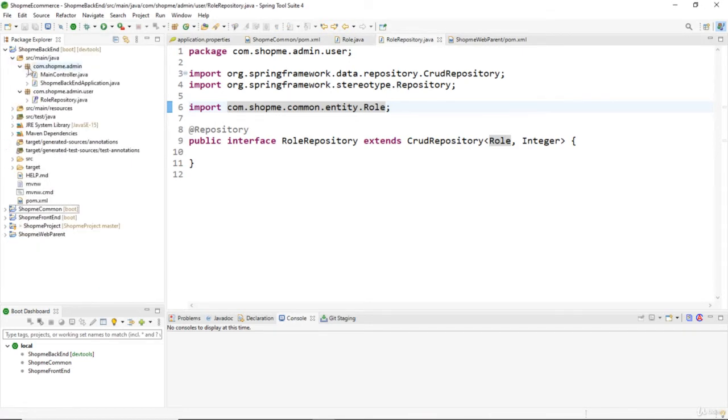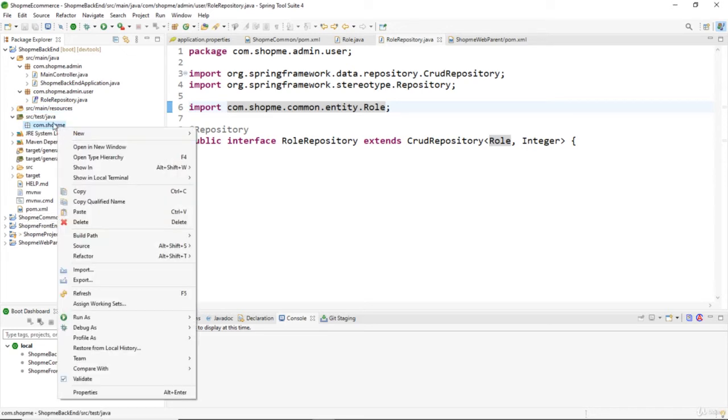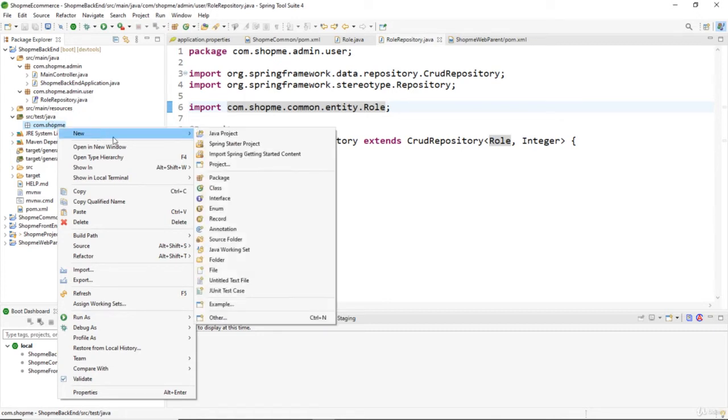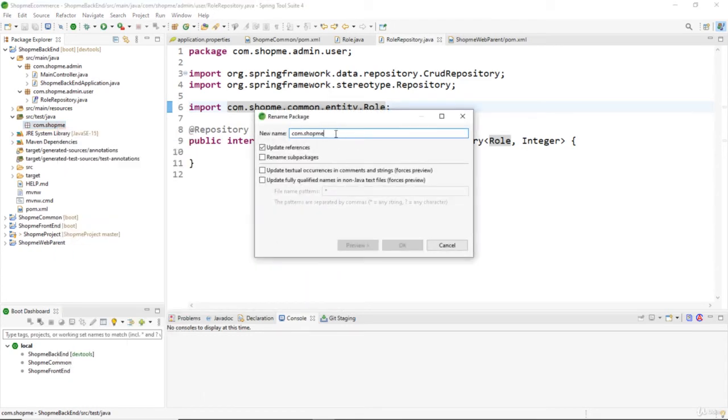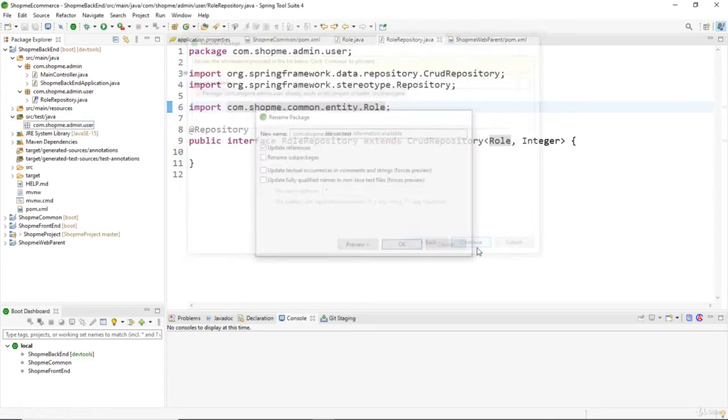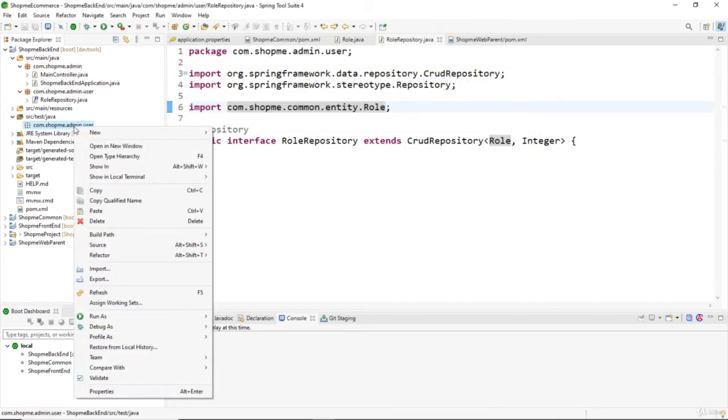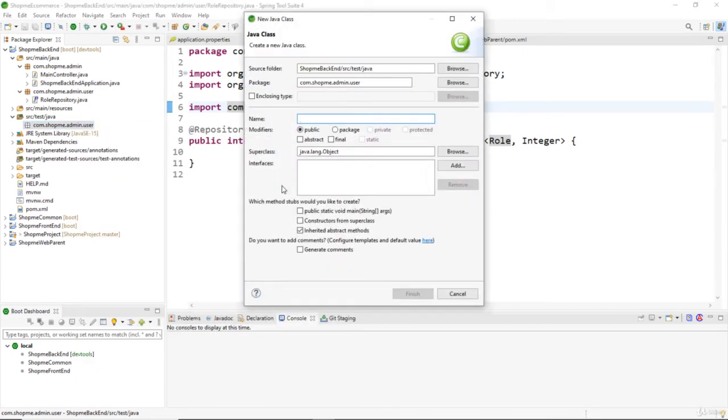So go to the ShopMe backend project under the Java test package here, change the package name to com.shopme.admin.user for the user module. Refactor, rename com.shopme.admin.user, and we put the first unit test class here in this package, new class, and the test class name is row repository test. Finished,